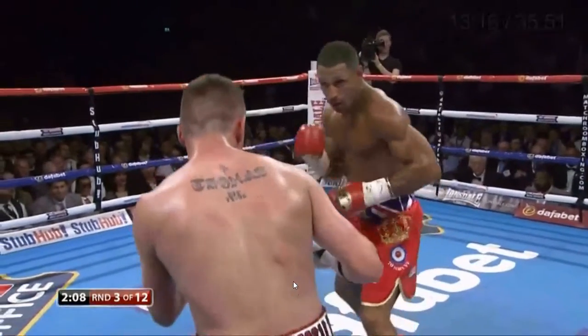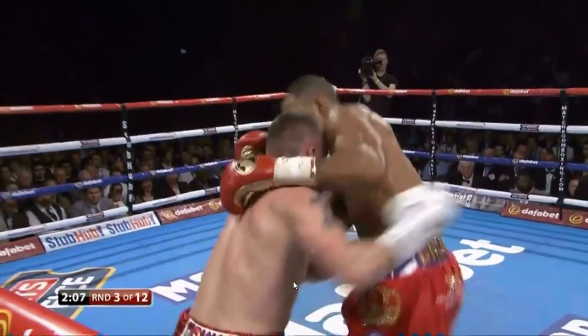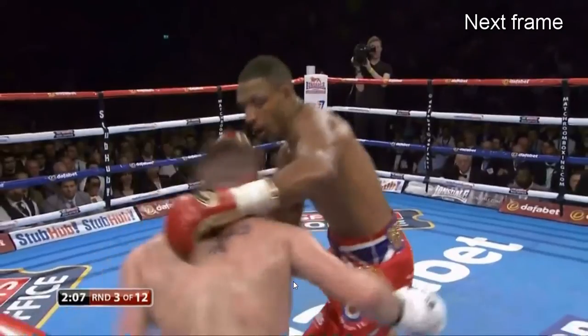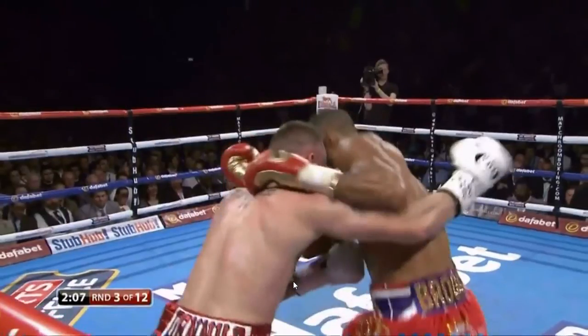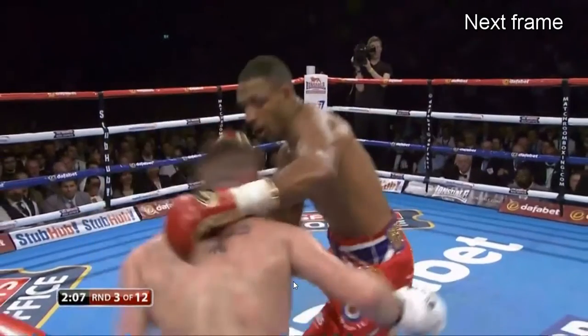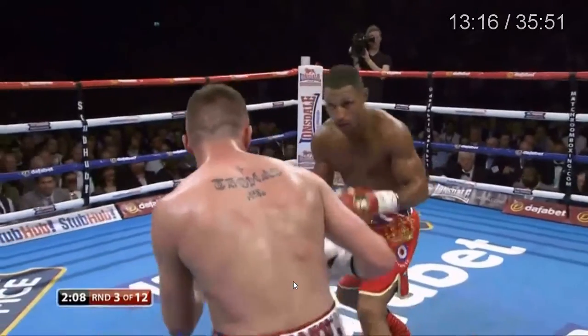Again, really smart. Boom, body shot. Now it doesn't land, right? He misses the jab, and gets his head kind of controlled, and then he kind of misses the body shot. But the body shot's there. That's the important part, right? It's not that he doesn't land it, because we're talking theoretically about Errol Spence, who has much better tools than Frankie Gavin. But anyway, misses the shot, pulls him in, and maybe